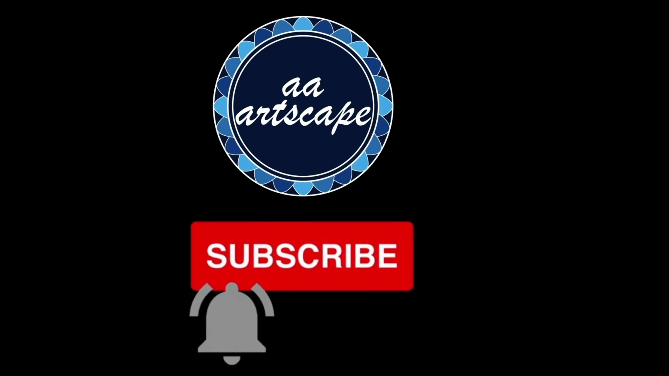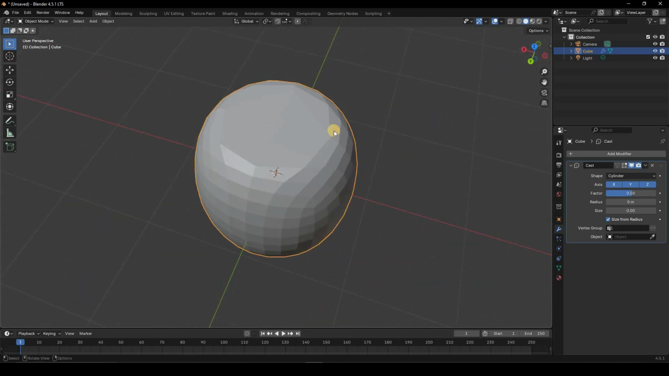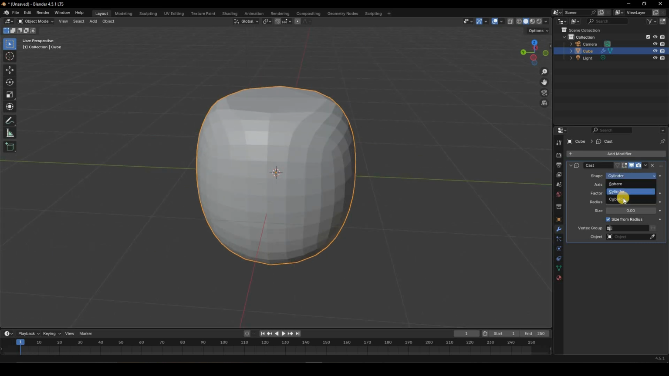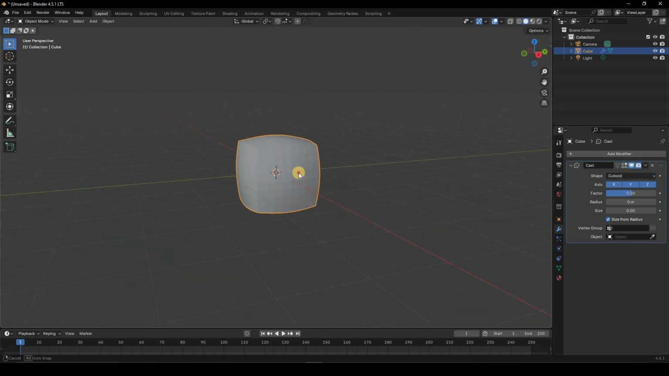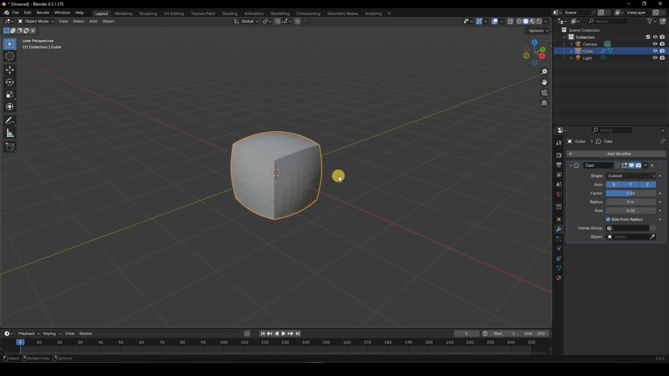Automatically starts to change the shape into a cylinder. You can obviously also go with a cuboid shape, and now it's trying to make it into a cube. Obviously you need to have some sort of subdivisions for this to work, and you can mess around with the